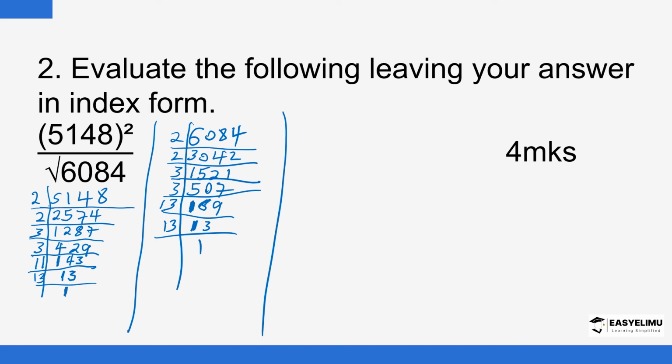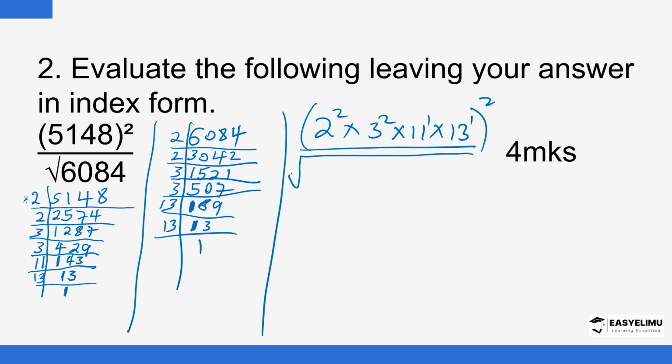So this one is 2 power 2 here. You're starting with 5148, which is 2 power 2, since you multiply 2 by 2. So we are having the square of 2 power 2 multiplied by 3 power 2, and then multiplied by 11 power 1, and then multiplied by 13 power 1. This is squared and then divided by the square root of